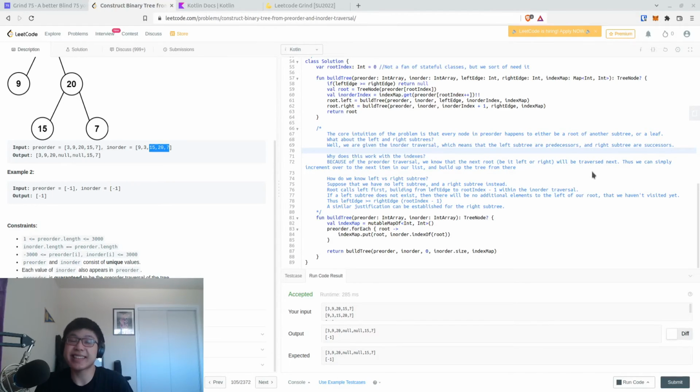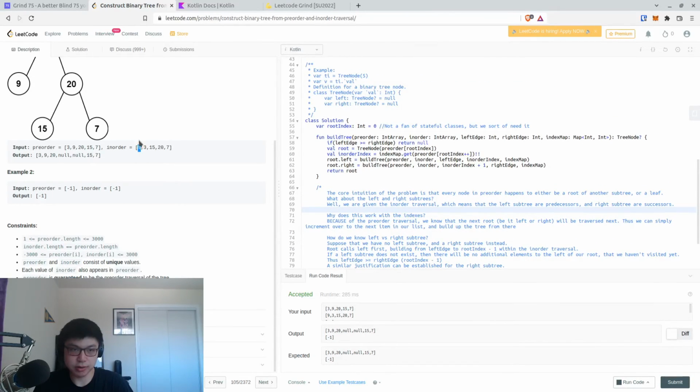The last thing to consider is, how do we know whether or not we have a left subtree or a right subtree? And the intuition here comes from the fact that we are splitting our array based on the left and right edges, in a very similar way to how we do binary search. Let's say, for example, that we recurse on this 9 right here, and we find that the index is at index 0. We will also set our right edge to this 0 as well. Or actually, no, we'll set our right index